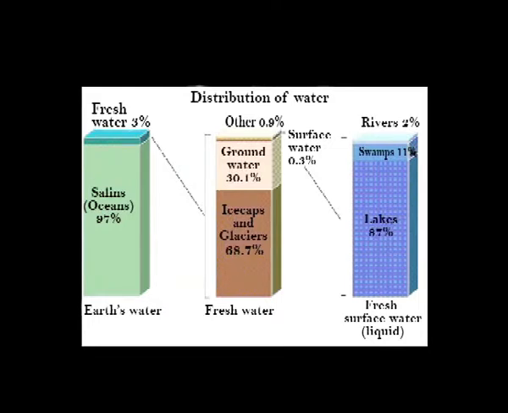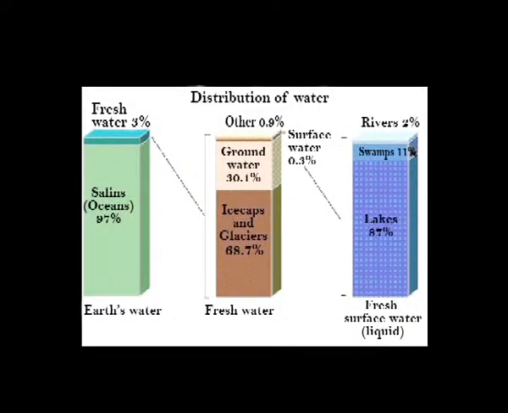The middle bar shows the distribution of that 3% of all earth's water, that is fresh water. The majority, about 69%, is locked up in glaciers and ice caps, mainly in Greenland and Antarctica. You might be surprised that of the remaining fresh water, almost all of it is below your feet as groundwater. No matter where on earth you are standing, chances are that at some depth the ground below you is